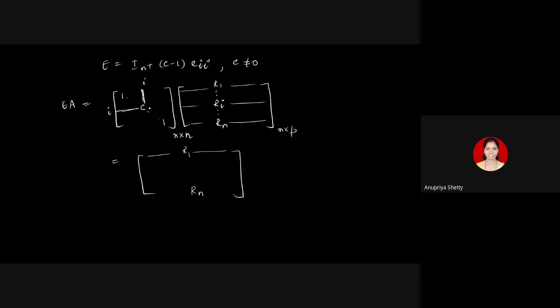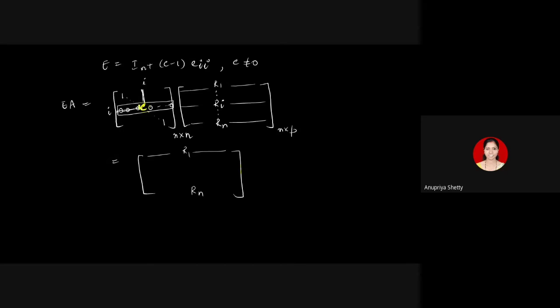But what is going to happen to the ith row of the product? I have to multiply this. What is that row? It has all zeros in it, and the only non-zero entry is C, which is present in the diagonal position. Keep that in mind. C is in the diagonal place. So if I multiply the ith row of the first matrix with each of the columns here, I would be getting the entire ith row. Ith row with the first column gives me one entry. Ith row with the second column gives me the next entry. So if I do that with each of the columns, I would get precisely the ith row of the product,